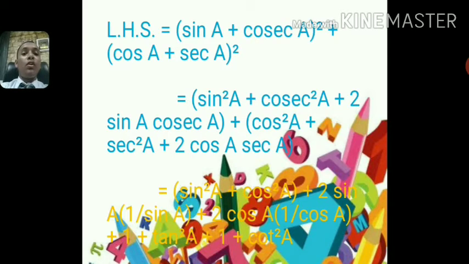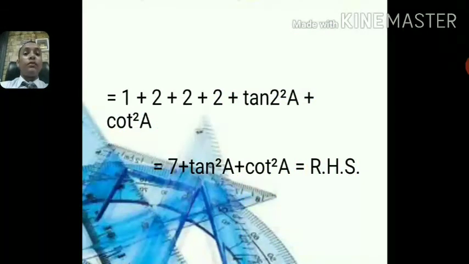also we know that cosec a can be written as 1 upon sin a. And here in the second step, sec a can also be written as 1 upon cos a. So putting the values of cosec a and sec a, we get the third step. After equating the third step, from the first pair we get sin square a plus cos square a is equal to 1. So we put here the 1.